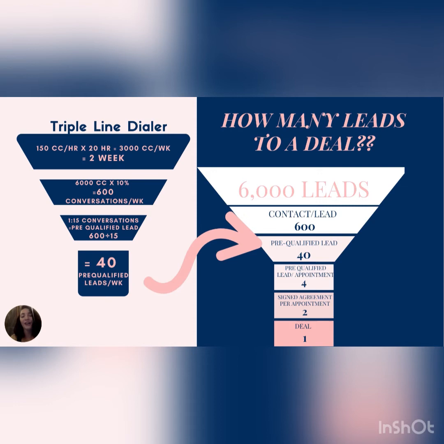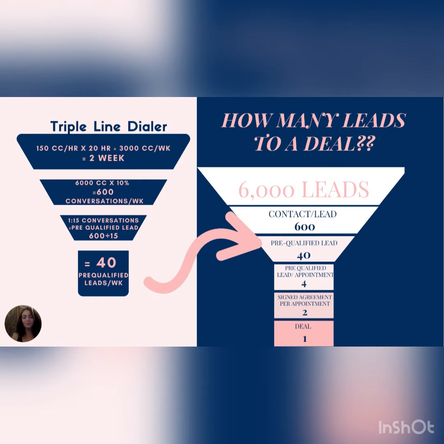Out of those 600 homeowners that we talk to, we know that 1 in 15 of them are going to meet all of our pre-qualification metrics, okay? So that means that we're going to have 40 pre-qualified leads out of our 6,000 leads. After we have these 40 pre-qualified leads, then they jump over into our main database, and then they continue to get funneled down through there and tracked by the amount of appointments that were set per pre-qualified lead, the amount of offers that were submitted, and the amount of contracts that we locked up,